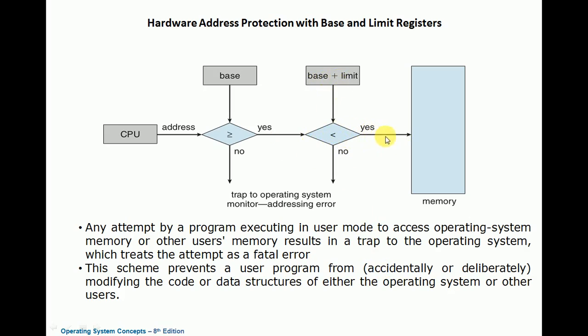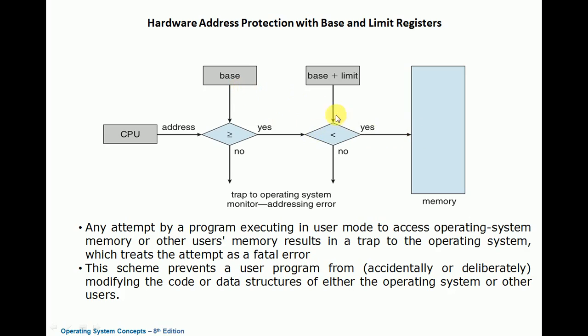The addresses which are used in the main memory to access the contents of a process are called physical addresses. If this condition is not satisfied, then again it is an addressing error. Then we stop the CPU from accessing that particular memory. So one thing you have to remember: the address generated by the CPU is called a logical address, and the logical address should be converted to a physical address. The physical address is the actual address where the program instructions are stored.